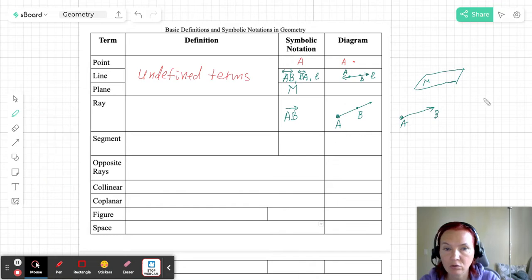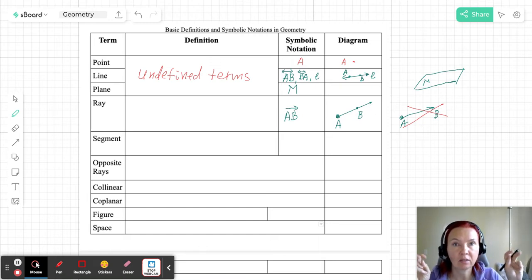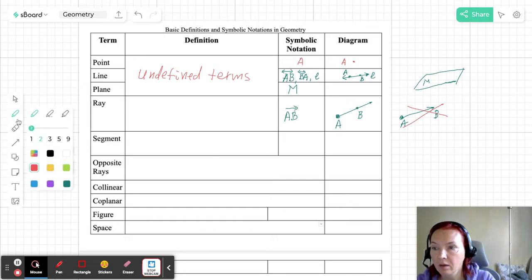So this one, I'm going to cross it out. That's not how we label rays. The point has to be somewhere, not at the arrow. The arrow just shows that it keeps on going. It's not like the end of the ray. All right, now for the definition of the ray,